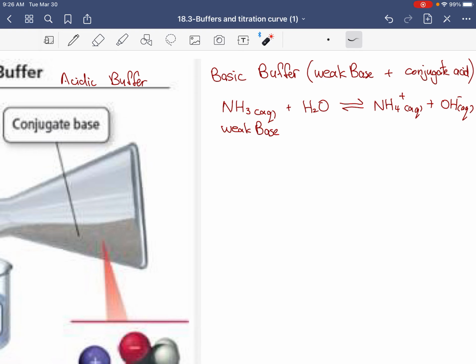No, you're not making a buffer here. If you put this in a solution, you're just making a weak base solution. You're going to have to somehow mix this into this already existing solution, and there's just one participant,